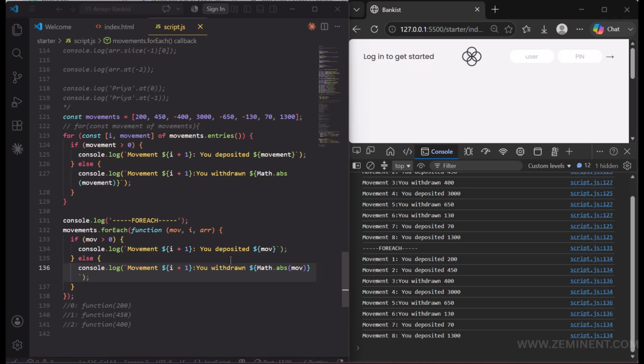Now this is how we loop over arrays with the for each method. So when should you use for each and when should you use the for of loop? Well, one fundamental difference between these two is that you cannot break out of a for each loop. So the continue and break statements do not work in the for each loop at all. Instead, for each will always loop over the entire array, and there is nothing that you can do about it. If you really need to break out of a loop, then you have to keep using the for of loop. But other than that, it really comes down to your personal preference, just like so many other things